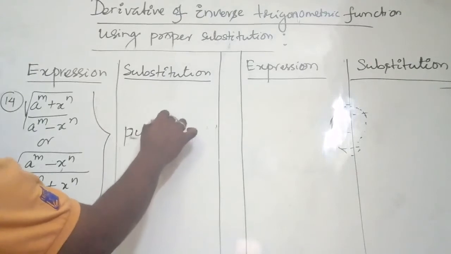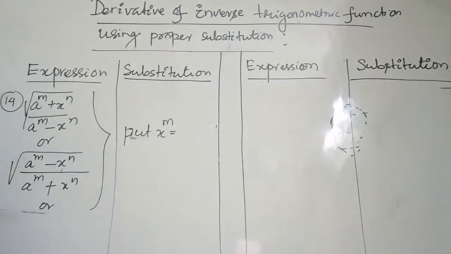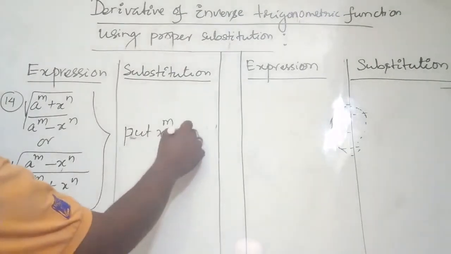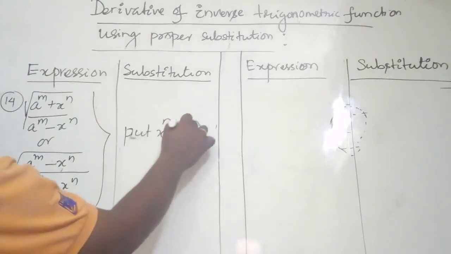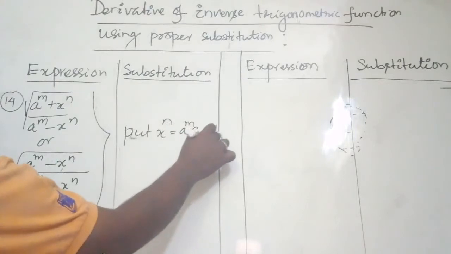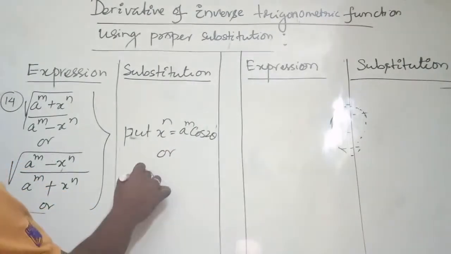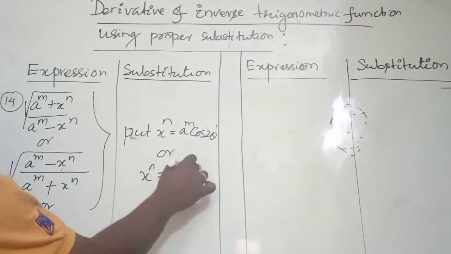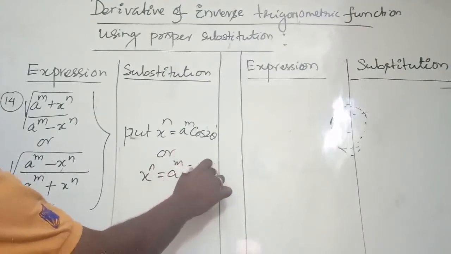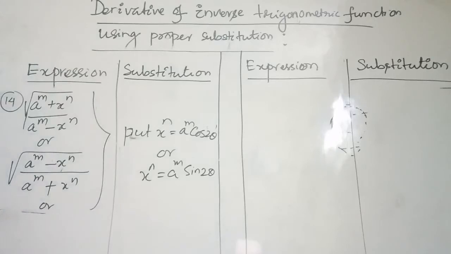Put x to the power n is equal to a to the power m cos 2 theta, or x to the n equal to a to the power m sin 2 theta. Here, similarly,